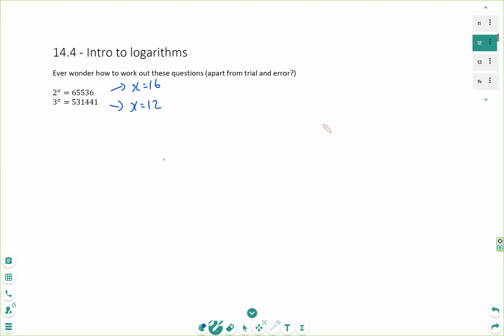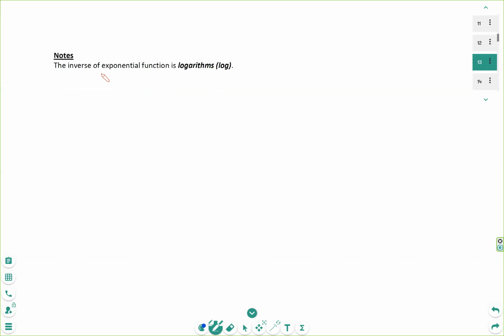In maths, it's theorem, Pythagoras theorem. In science, Big Bang theory. You also get different theorems in maths, but you just haven't learned them yet. For example, Fermat's last theorem, which you'll learn at university maths. So here, the inverse of exponential function is logarithms. That's the opposite. Okay. So if we have a to the power of c equals b, then